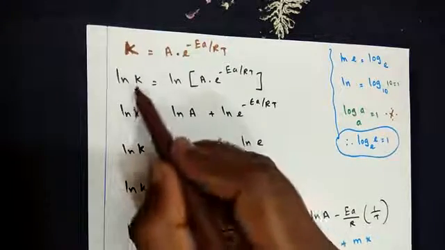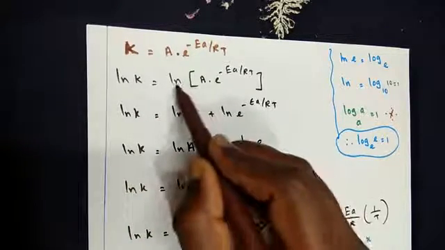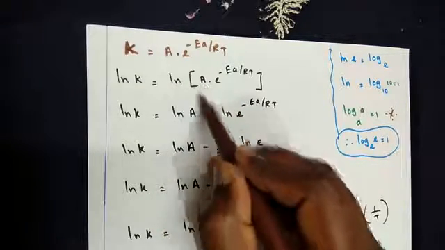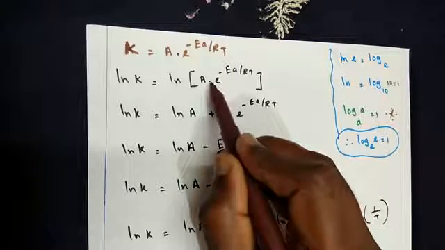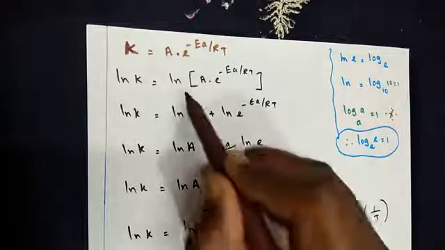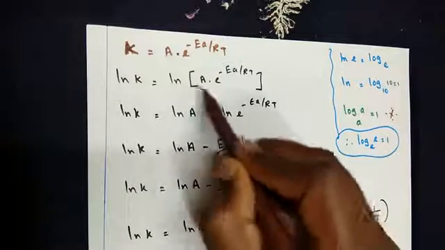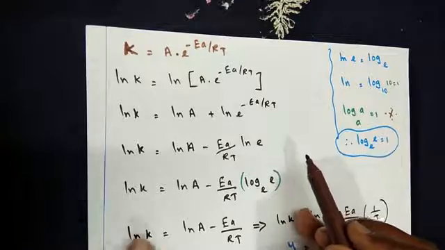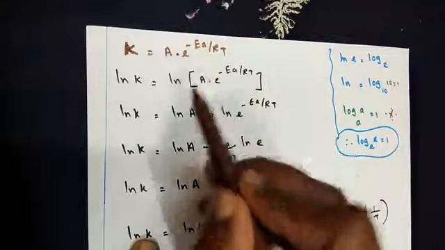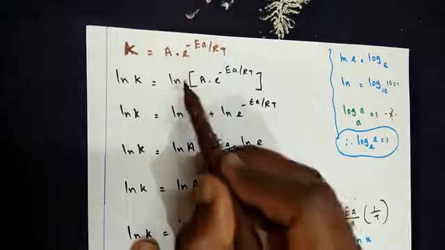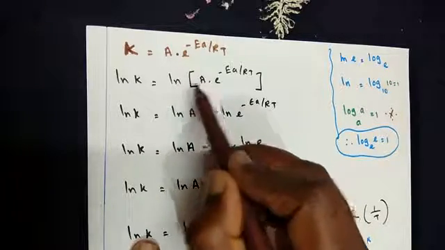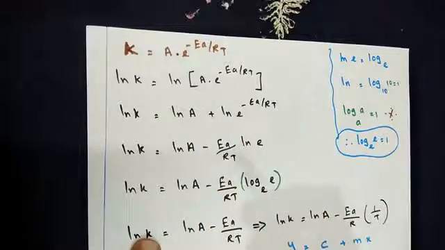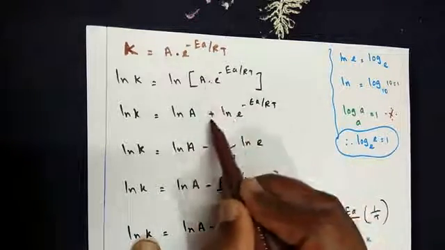The next step, ln k is equal to, take the natural log for both the terms given inside. So ln of A, now you know in terms of log, multiplication stands for plus here. So ln of A plus ln of e to the power minus Ea by RT. I hope I'm making my points clear. In the Arrhenius equation, we are taking natural log. The natural log is common for A and it is also common for e to the power minus Ea by RT. In terms of logarithm, multiplication stands for plus.